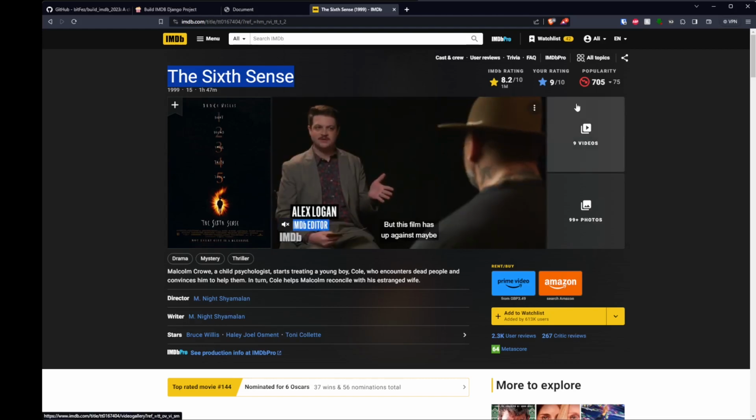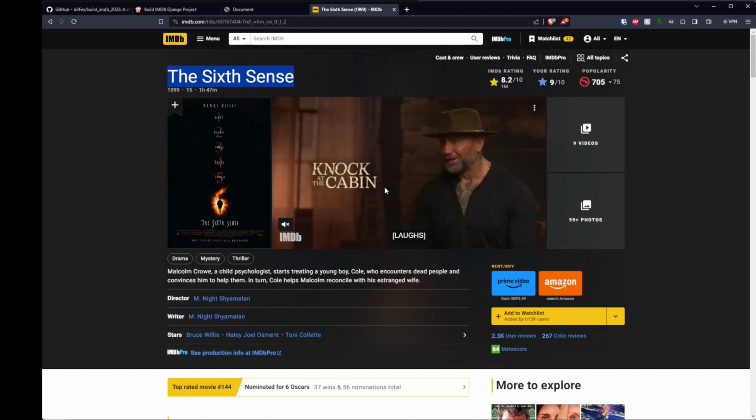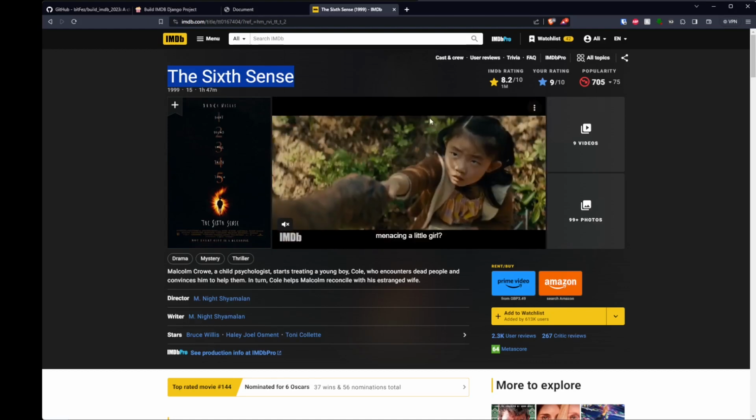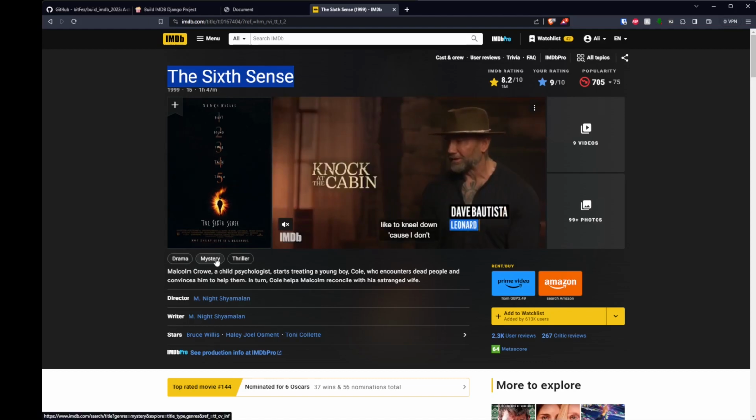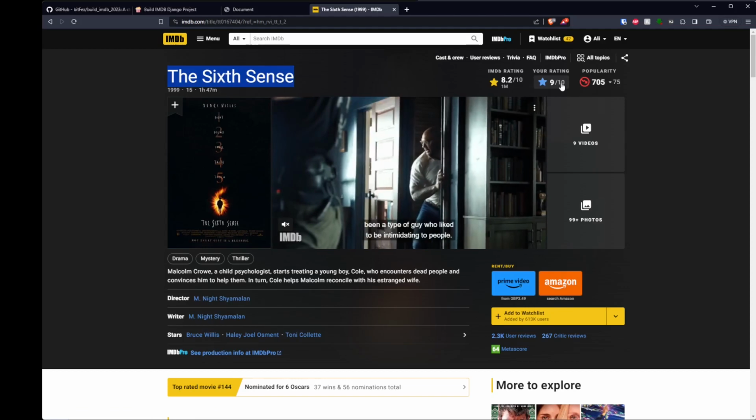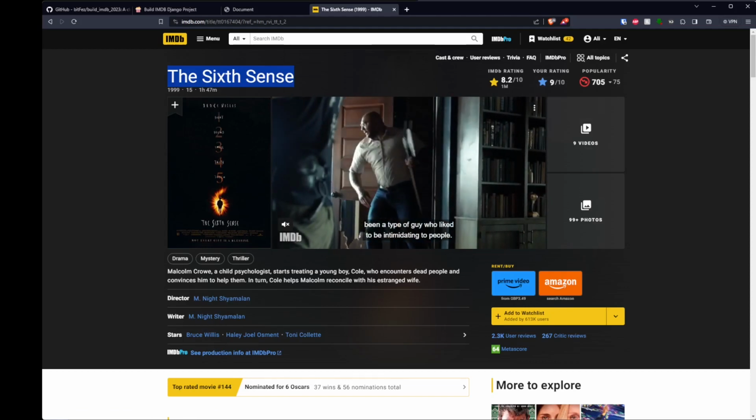I may do that slightly differently because I'm not going to have trailers. So I'm probably going to do maybe the overview will go here somewhere on the right hand side, and then underneath it we'll have the cast, and I may include things like your rating. Actually, maybe we should put it in the top row. Let's have a look. Anyway, so let's open up our